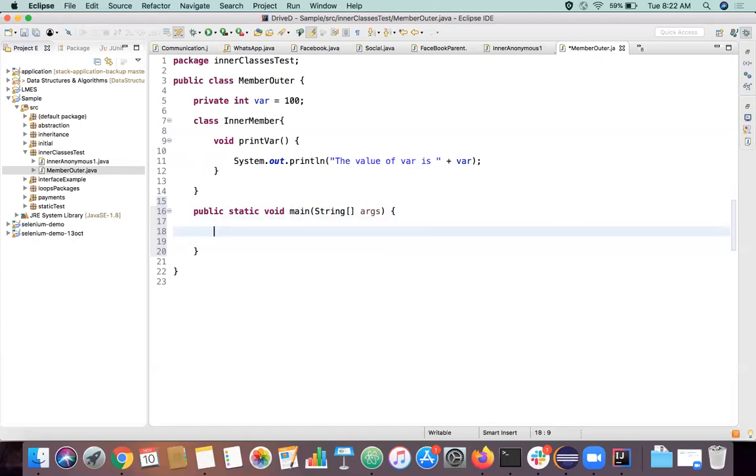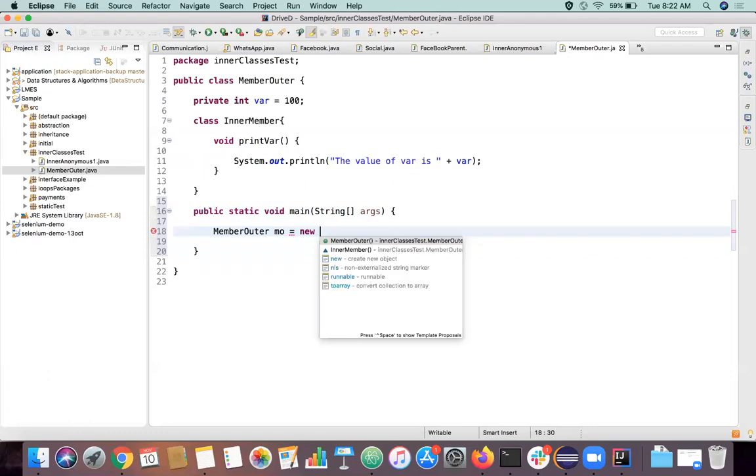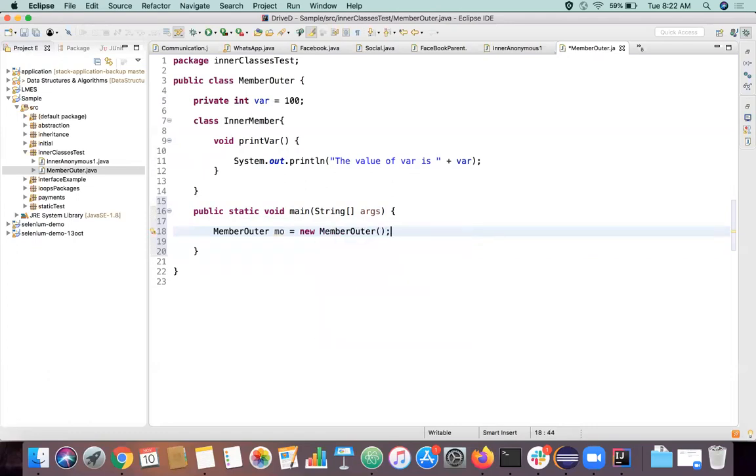So to access this method, I'll create an object for the outer class. So to create an object for the inner class, I have to do something like this.